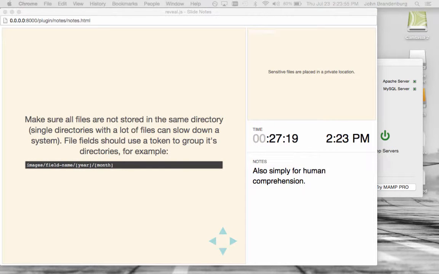make sure all your files are not just dumped in the same directory. I like to separate it by first field type, and then use some sort of token value. It doesn't have to be date, like I have. I don't even think those are the correct tokens, but it doesn't have to be date. Any sort of variable information that might change over time or by user, whatever makes sense in your situation. But